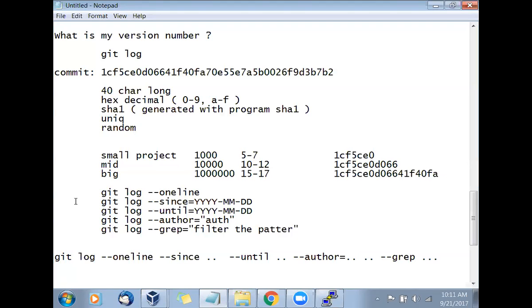Small project, go for 5 to 7; big project, go for 15 to 17. And there are a lot of search options available in the log. It is very powerful, very easy to work with, and you can easily understand what is happening in that area.